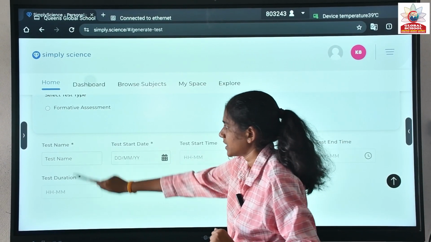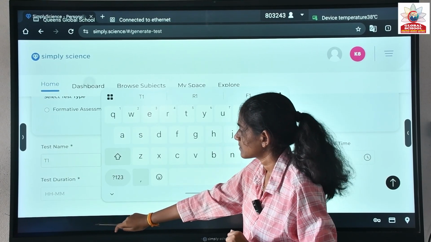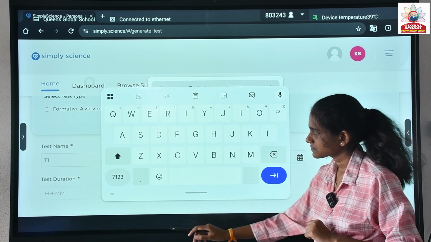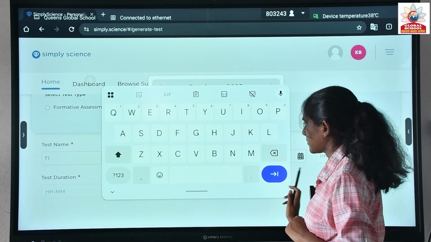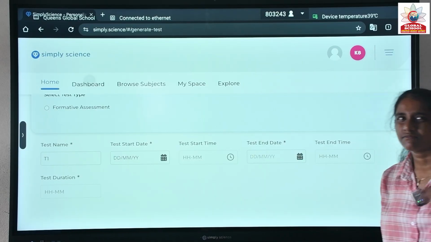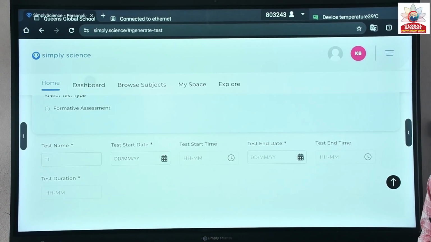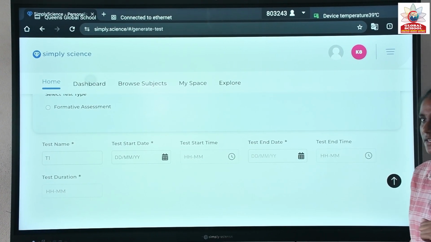So give the test name. And date. So for example, tomorrow, for some other reason, I don't want to come to the school. So I want to create the test for tomorrow for the students. I don't want my students to be idle in the classroom.